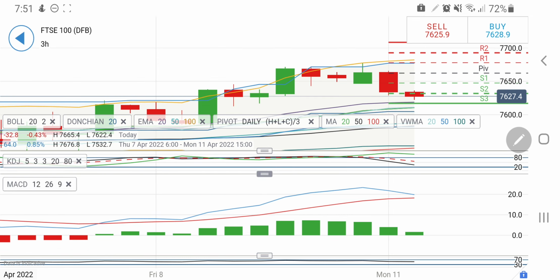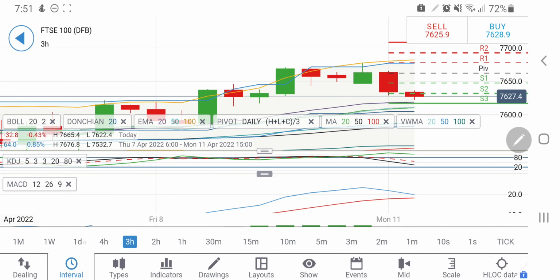See, so yes, you can take a long entry above the 7640-7645 zone, and then one can expect 7660 to provide a little resistance. Beyond that, it will definitely fly. However, looking at the charts, it is extremely overbought on the daily charts and hence requires a little drop. MACD is trying to converge here and crossover.